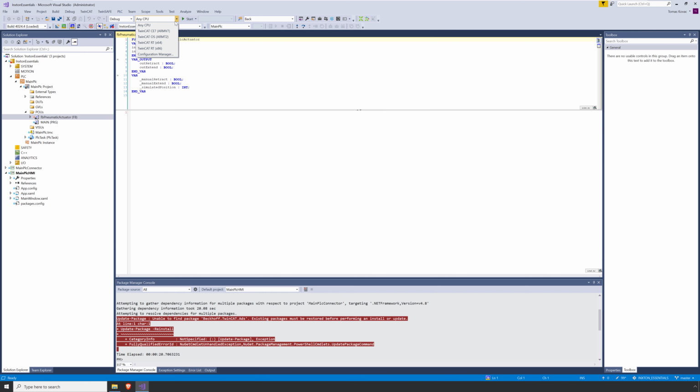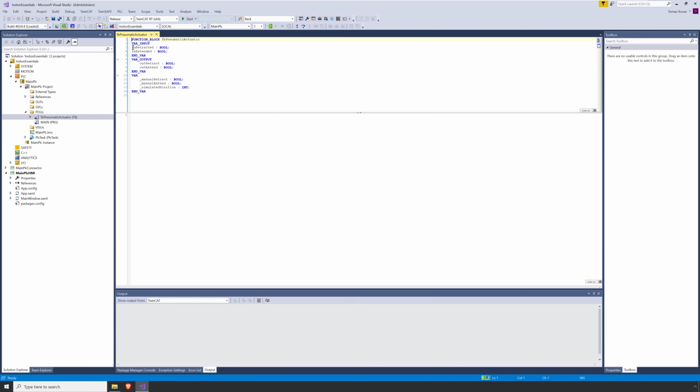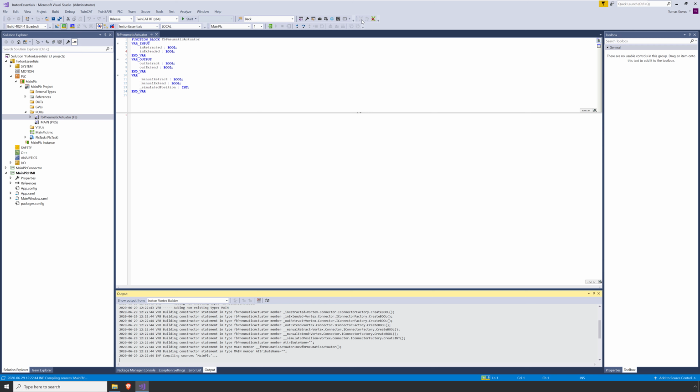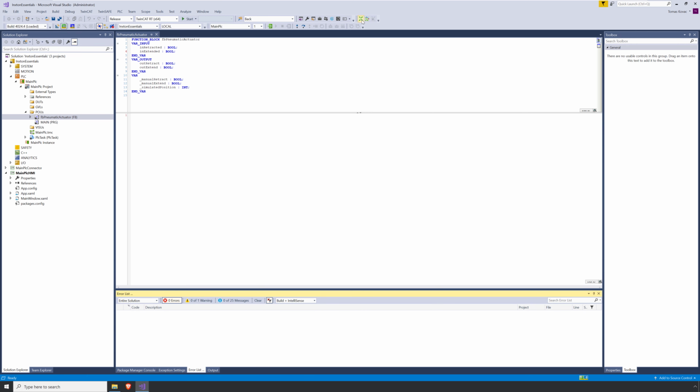Check if the solution platform is set to TwinCAT real-time 64 bits and if the main PLC HMI project is set as the startup project. If not, change it. Activate configuration and start the PLC. Run the Inkston builder. Start the application.